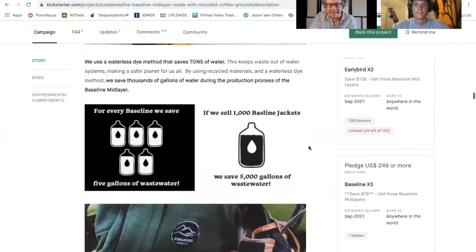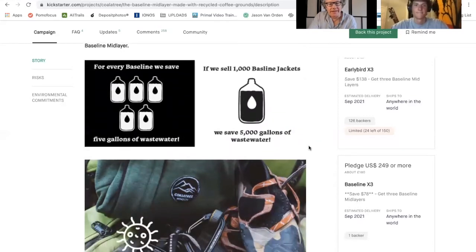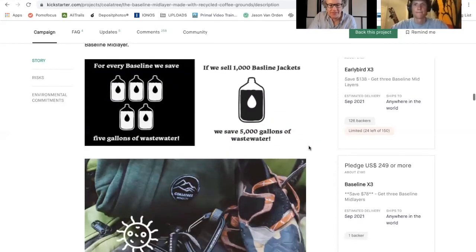It really is. And then this is the other element here where you're saving water in the production process. Yeah. So typically the traditional dye process for products like this is very resource intensive. One of those resources that's quite frankly overused, just due to the fact that there are other options for cleaner technologies out there, is water. And so as opposed to using a dye method that requires a ton of water, we've worked with our partners to use a waterless dye method, which, on a micro scale of producing one